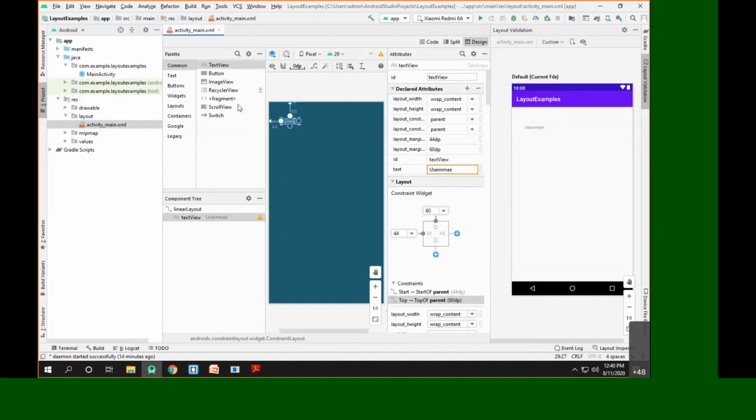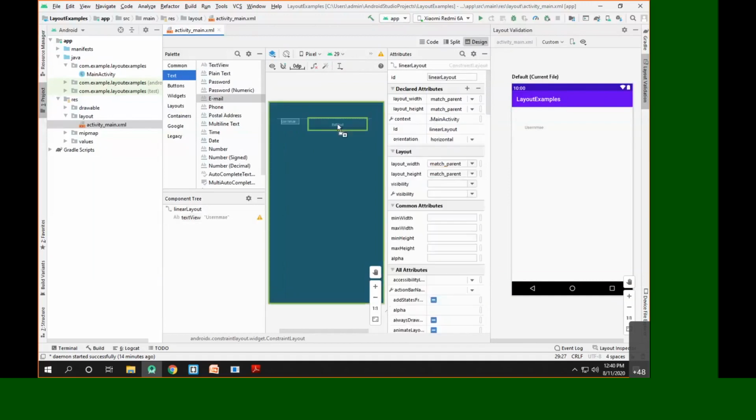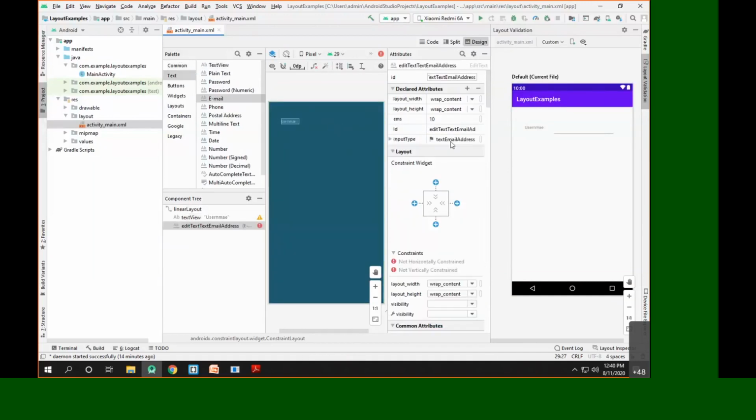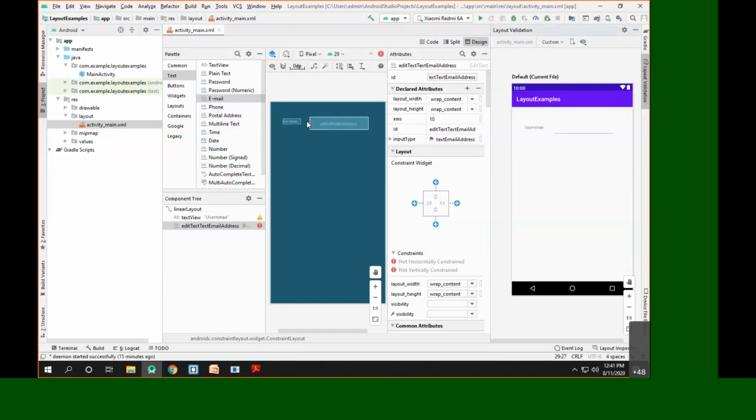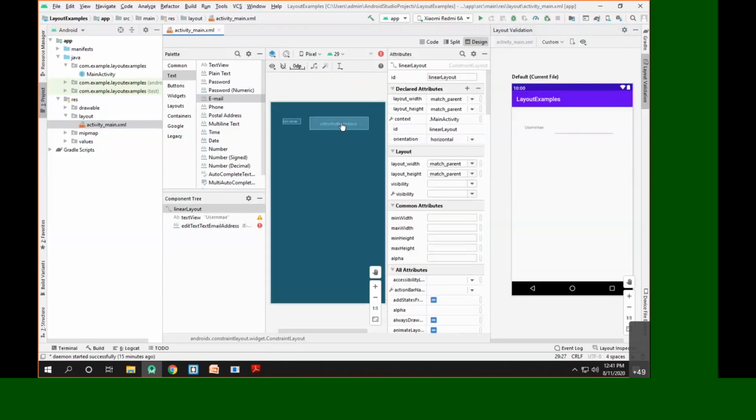Now what we need to do is take one text box, which we generally call an edit text. This is the edit text that we have. Let me refresh it. Now here is the edit text.